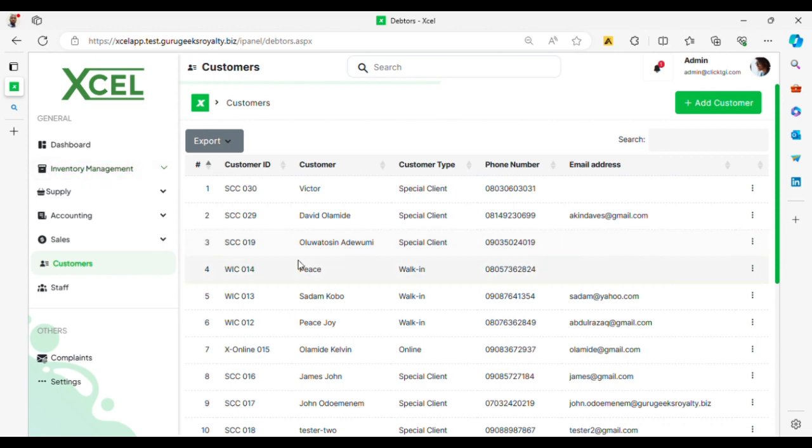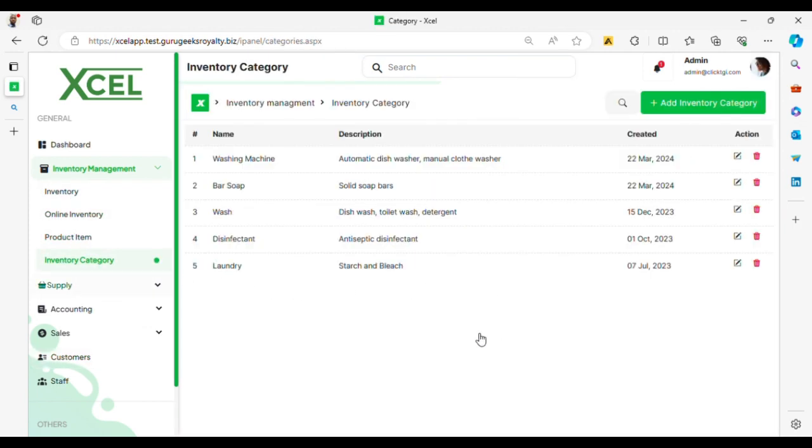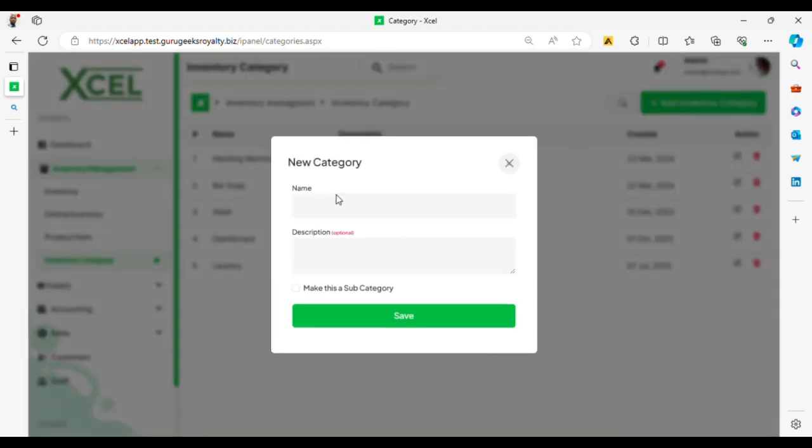Also, to do that, I just go to my inventory management and then I click on items category. So we're a retail store, and one of the products we sell is Morgan's Pomade. It's a hair cream, and these are also a number of products that we sell, like disinfectant, wash, bar soap, washing machine, and co. So to add a product category, I just click in there and I say hair cream,